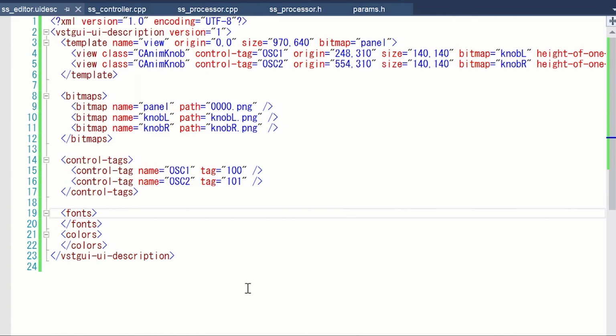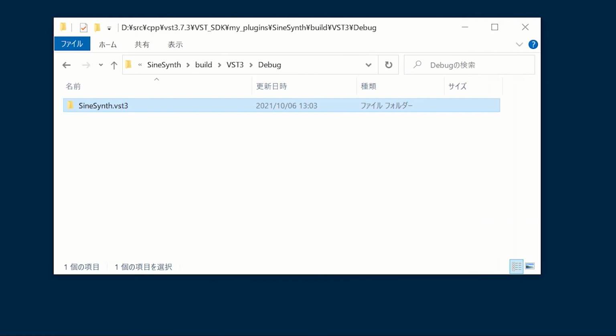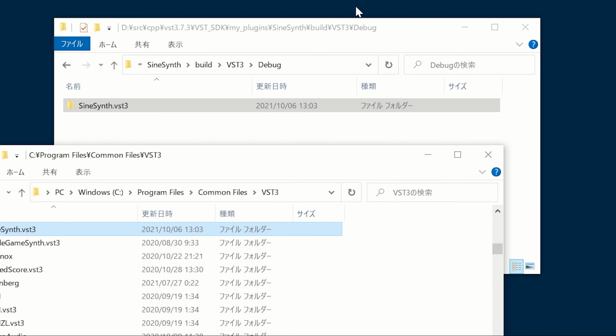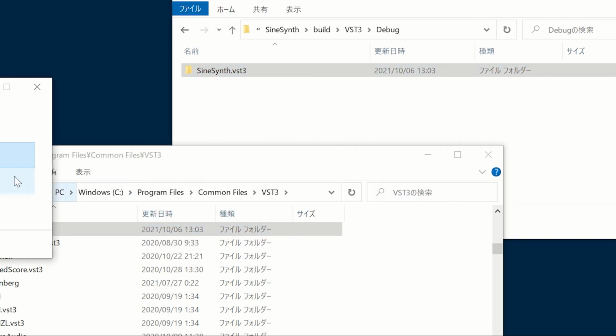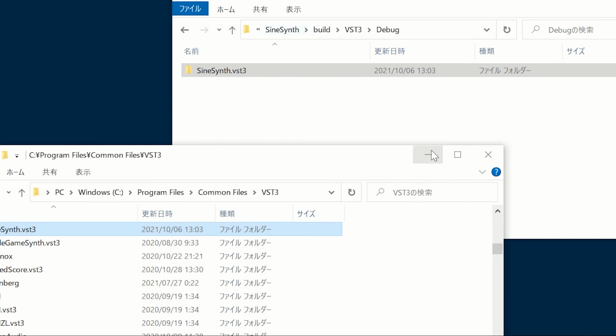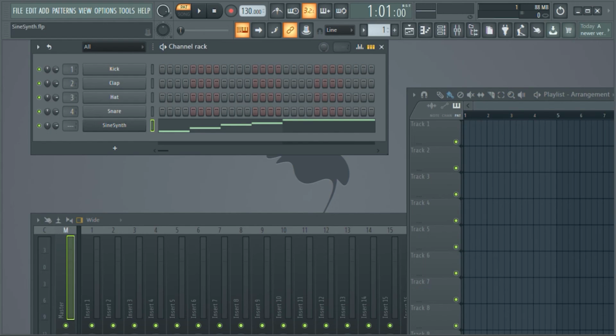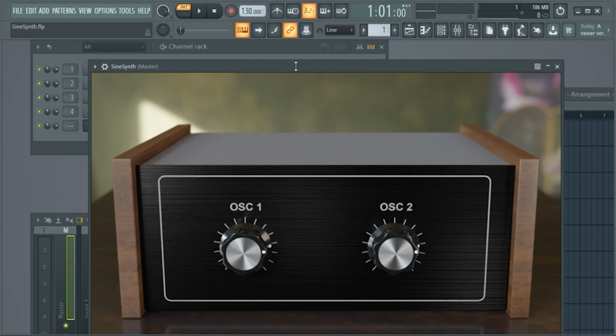Build and copy it to the VST3 folder again. Open the plugin in the DAW. It looks good.